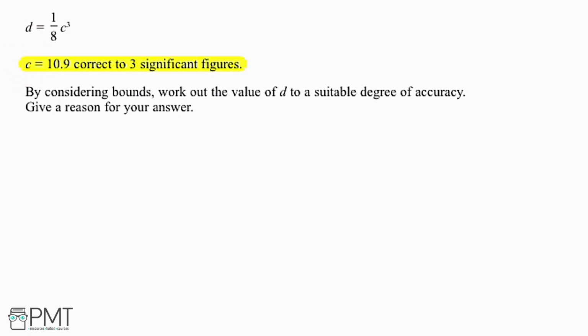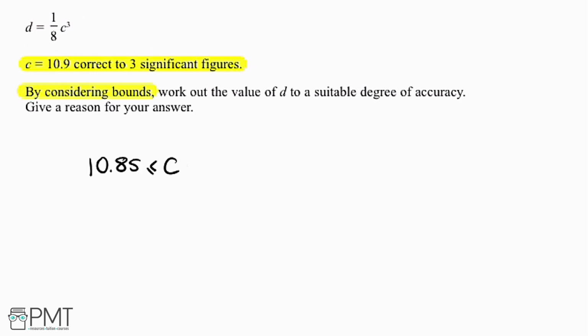So I'm first going to look at this line here. We're told that c equals 10.9, correct to 3 significant figures. And we're given a hint that we need to consider the bounds. So let's consider the bounds of c. We need to think about, firstly, what's the lowest number that when you round it to 3 significant figures, gives you 10.9. And that would be